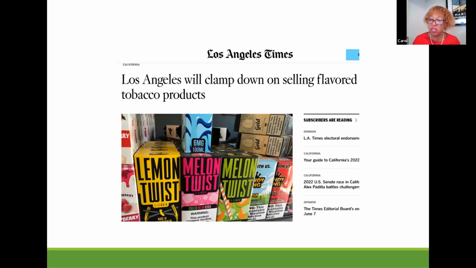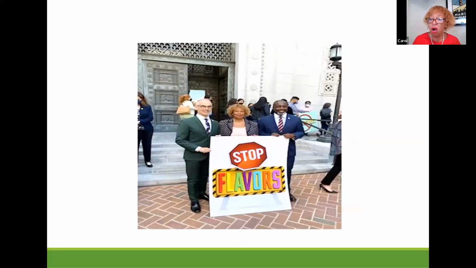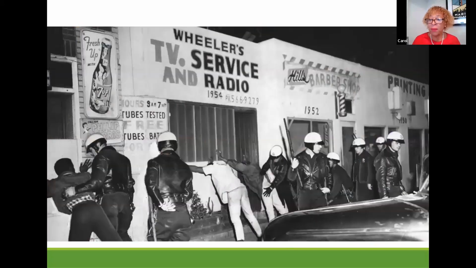So on June 1st, the city of Los Angeles passed their bill to take menthol and flavored tobacco products off the market by 12-0, so a unanimous vote. And so this was the press conference that we held, and this was a very hard-won fight. And Los Angeles is really, it's not the microcosm, it is the cosm for the racism that we see perpetrated